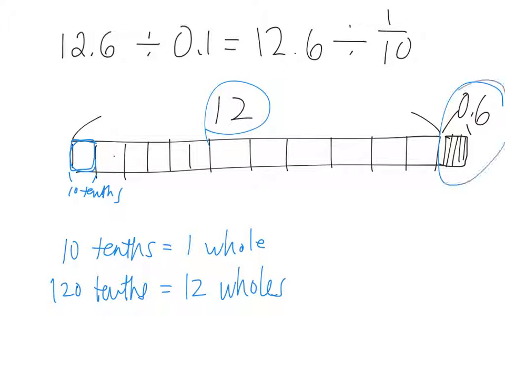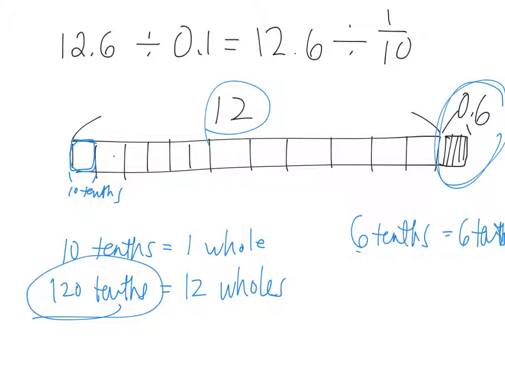We also have this part over here. Here we have 6 tenths. So how many tenths are there in 6 tenths? 6 tenths equals 6 tenths. Yes? Okay, so all together in the entire tape diagram, if we have 120 tenths over here and 6 tenths over here,